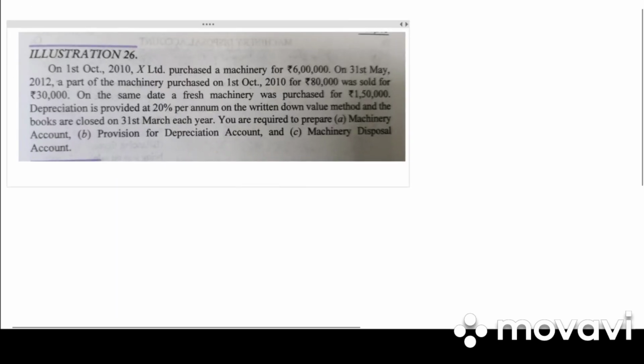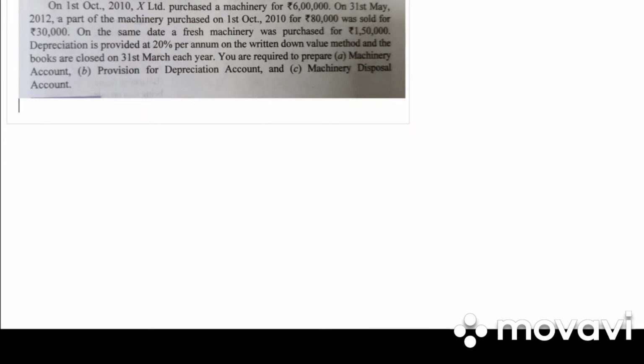Then for profit on asset disposed, asset disposal account to statement of profit and loss account. In case of loss, it will be reversed. Okay. So take down an illustration. On 1st October 2010, X Limited purchased a machinery for 6 lakh. On 31st May, a part of machinery was sold. On the same date, a fresh machinery was purchased. You are required to prepare machinery account, provision for depreciation account, machinery disposal account at 20%